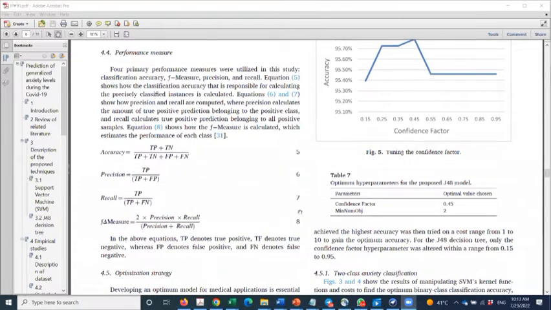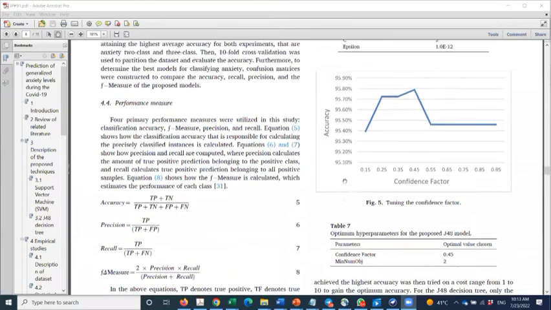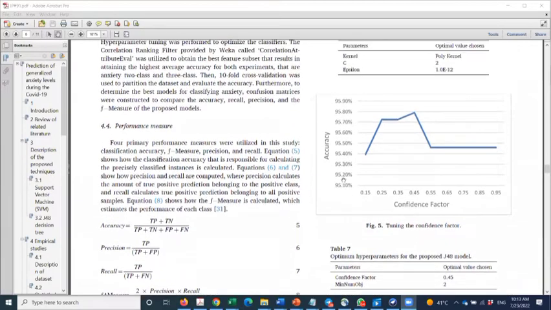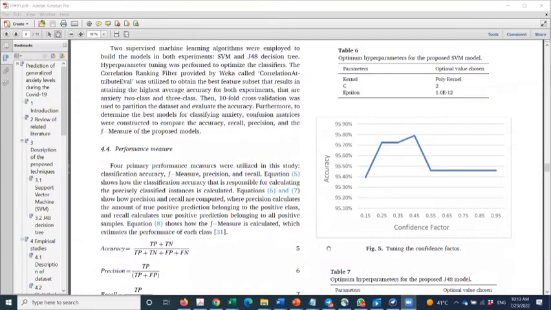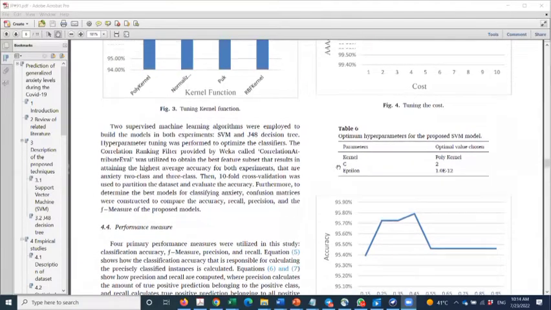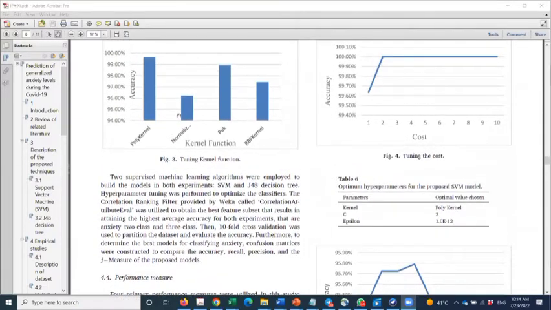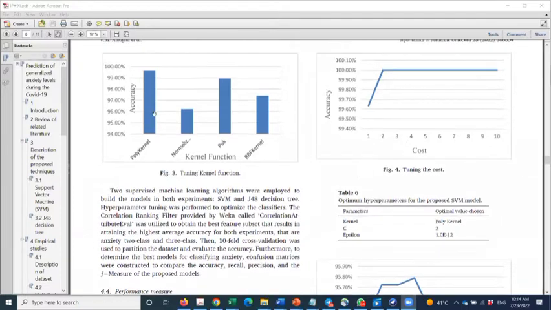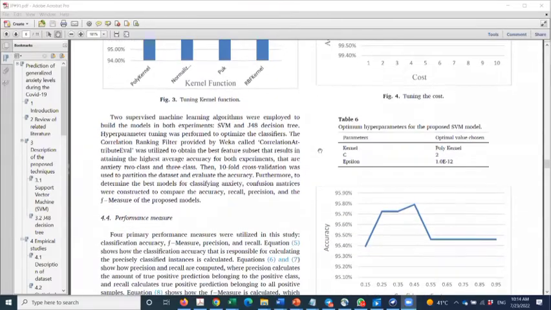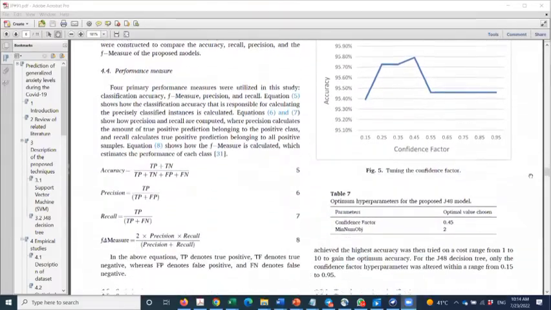you start searching one parameter, keep the others constant. Once you get the best value for that parameter, you move to the next one until you finish all the parameters. And if you can plot something like this to see how each of the parameters fluctuate with the data in terms of performance, that would be good. It's not compulsory, but it's one of the ways of convincing your reviewer that you have really done this particular